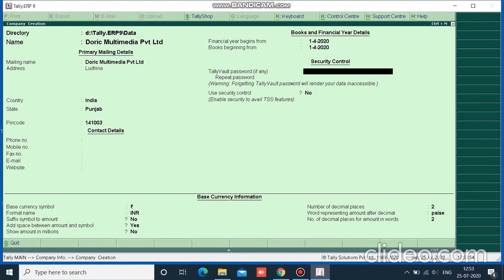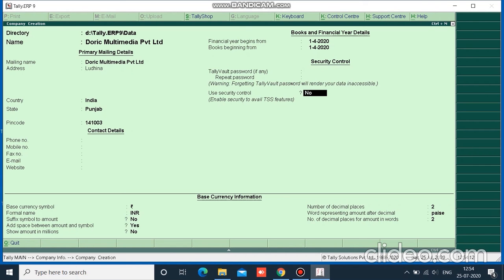This password is used only when we want to enter a security control on our company. Note, guys, this password is not reversible. Even Tally Solutions cannot break this password. So use this password only when you really need it.